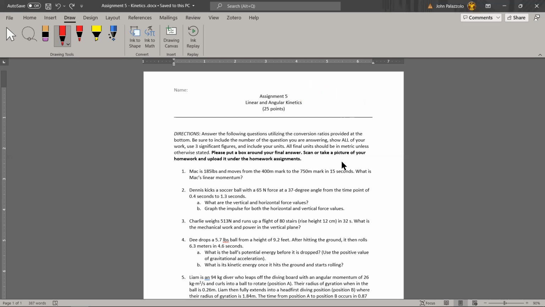And then for the next question, what is the kinetic energy once it hits the ground and starts rolling? Remember, potential energy is the energy of position. Kinetic energy is the energy of motion, and it has a different equation. It is kinetic energy, and these are all measured in joules, remember that. Kinetic energy is equal to 1/2